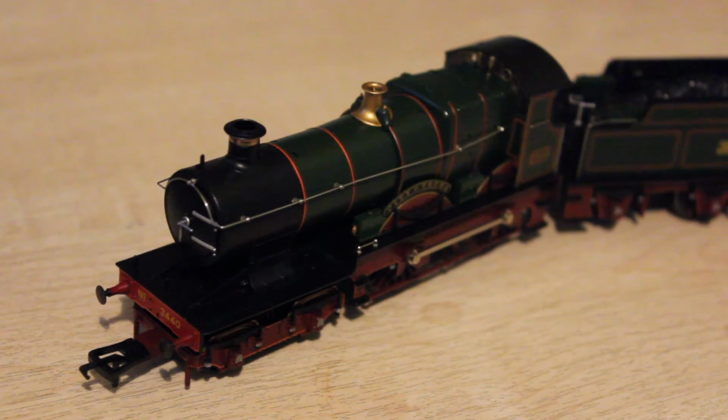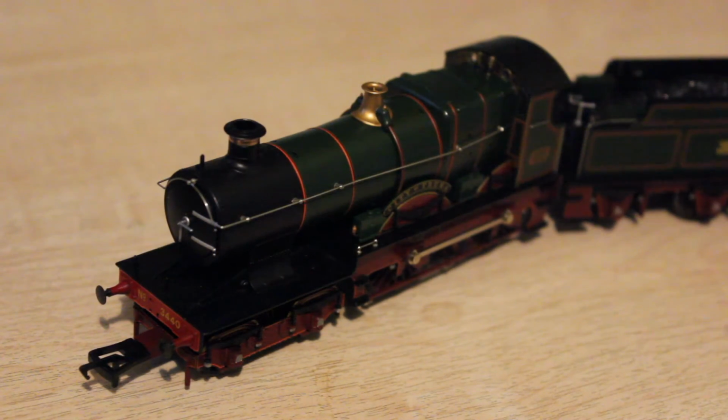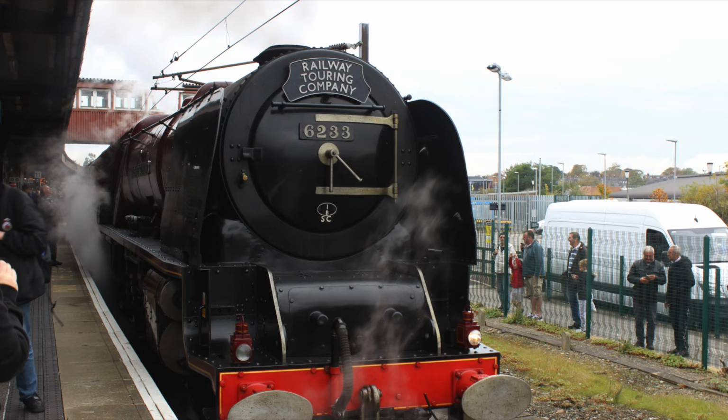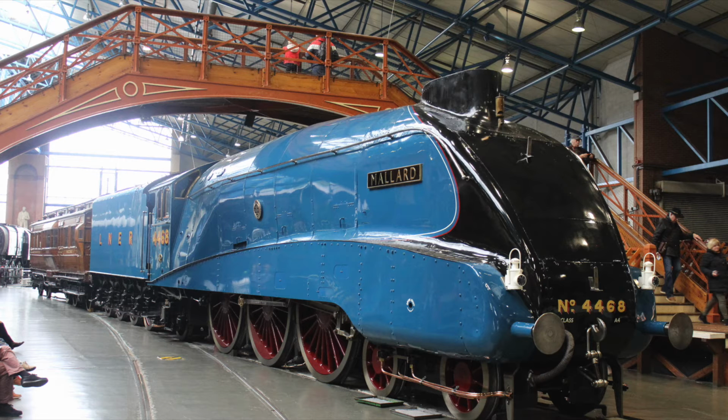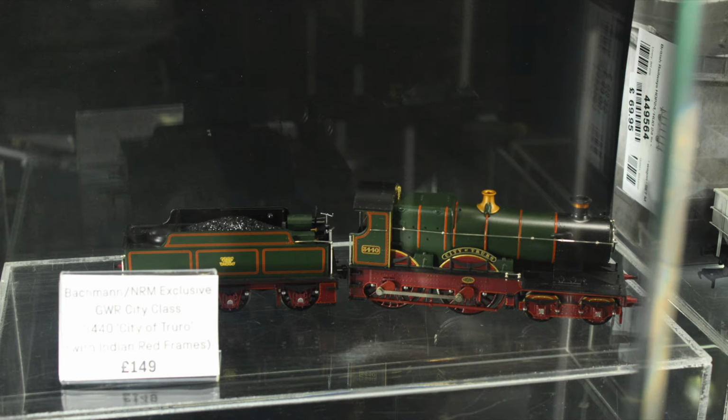I've also got a photo of a hot air balloon of Thomas at Northampton Balloon Festival on my wall as well, as you can see here. And when I first got this model, I was really excited. I actually saw this model last year. Last year I went on a trip up to York for the day. I went behind the Duchess of Sutherland and it was hauled by a diesel back. Got that back to Kettering, Northamptonshire, which is near where I live, and then got a lift home back to Wellingborough where I live. And I actually saw this model on display